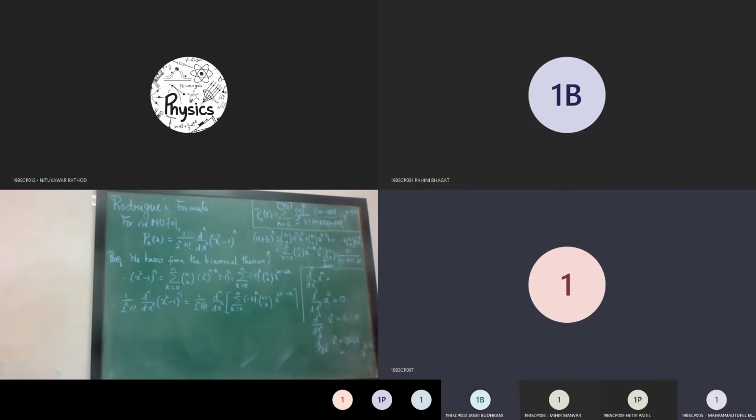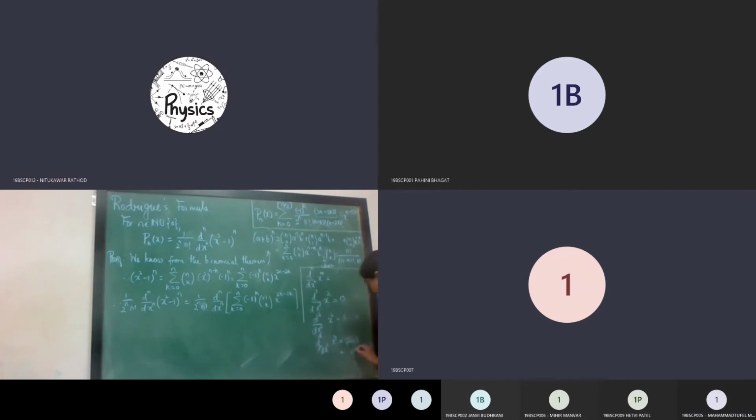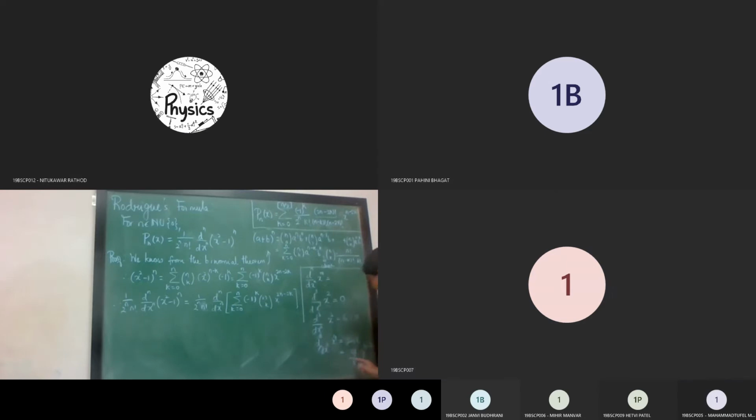4 factorial is 24. 24 and denominator I can consider as 1 factorial. So this is nothing but if you see this one, then it is 4 factorial upon 4 minus 3 factorial into x raised to 4 minus 3. This is what the corresponding form corresponds to this one.